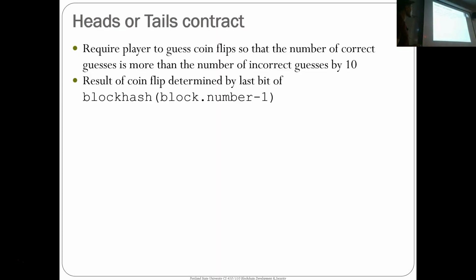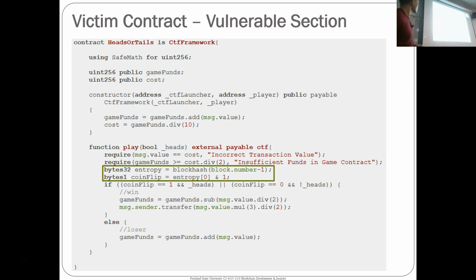The heads or tails contract is a coin flipping contract, and you win the money from your level if you can get 10 more correct guesses than incorrect guesses. So it's just the law of probability, you have to cheat the game in order to get your money back. But the result of the coin flip is determined by the last bit of the block hash of block number minus 1. And so we already know this is not random. So this is the contract code,